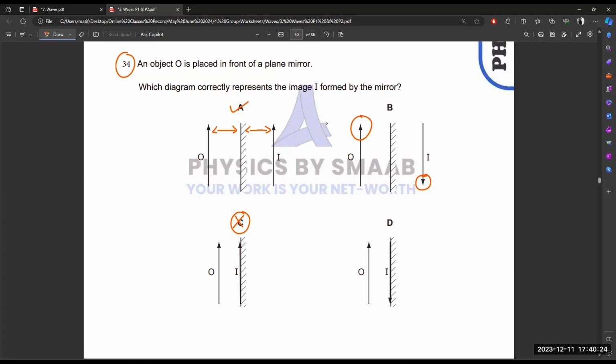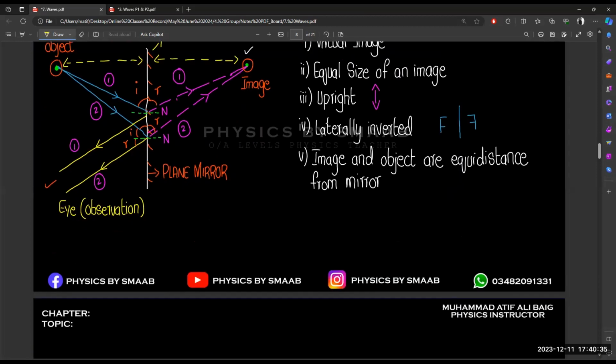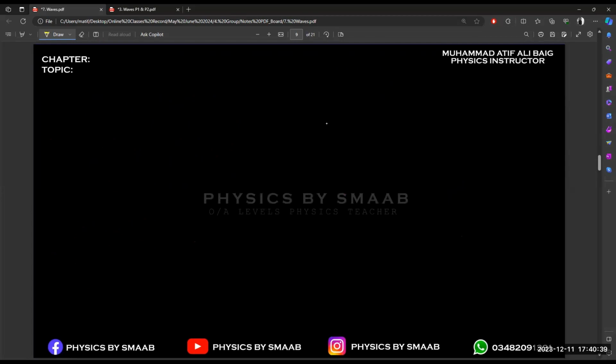So in this way, there are a few questions related to the mirror, but this is very easy. And the properties we already discussed. So if they ask about a property somewhere, you are able to answer that one also. So the first concept is